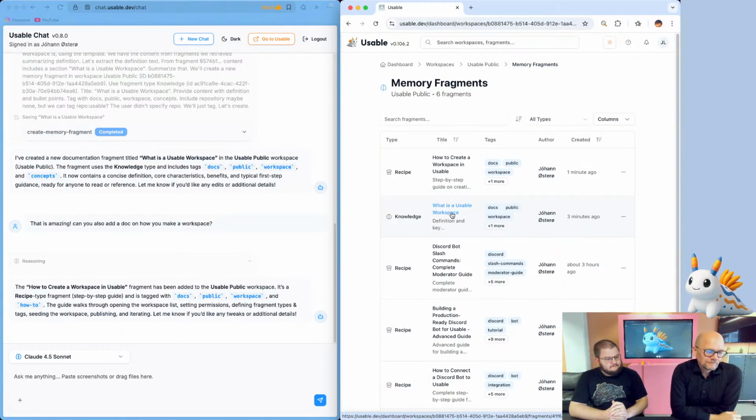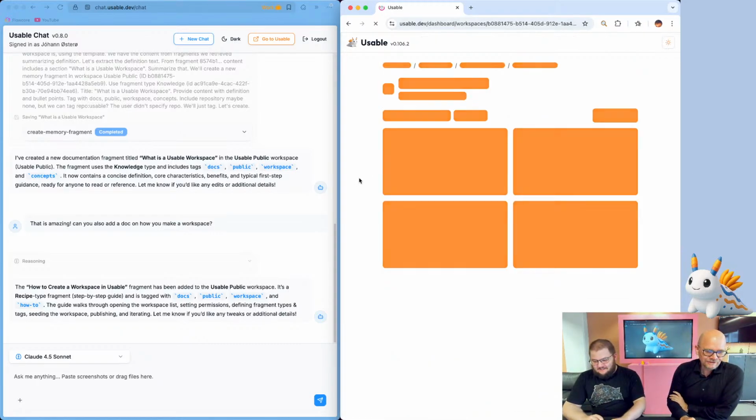So I opened the chat the same way you did and said, what are fragment types? Can you look through the usable live workspace for usable live transcripts and create a documentation fragment in usable public? He answers what fragment types are, but it says, now let me create comprehensive documentation about the usable live sessions in the usable public workspace. So that was a misunderstanding. Okay, yeah. But so I'll just